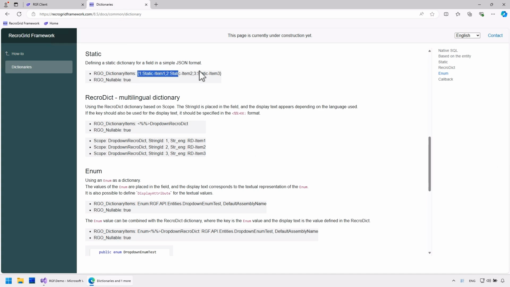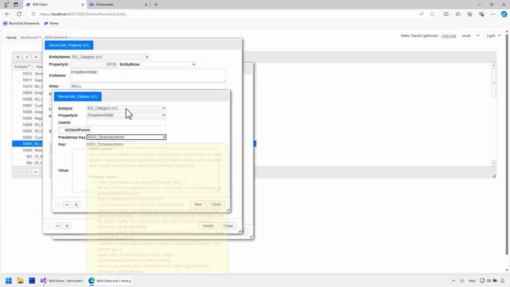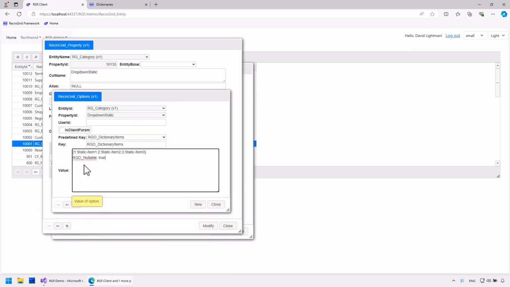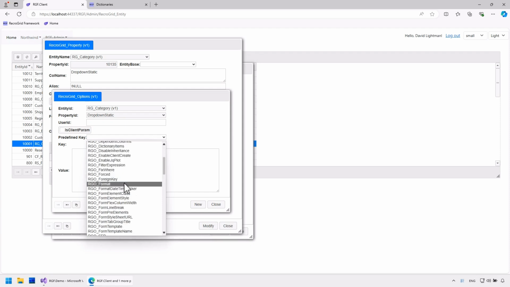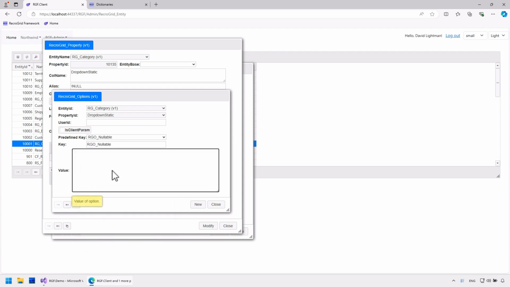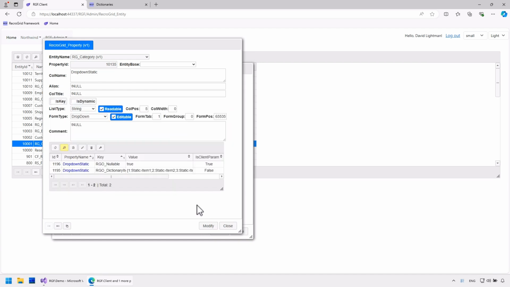I will copy the dictionary elements definition from the example. This is a simple JSON format listing key value pairs. Since the field is not required, I will define it as such. With this setting, RGF automatically adds an empty value to the dictionary.